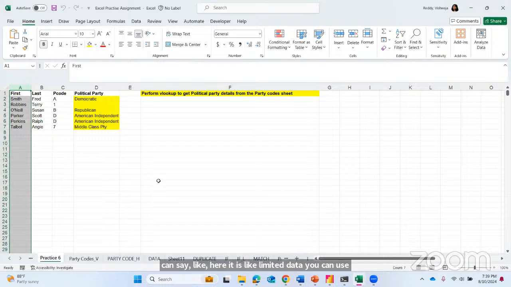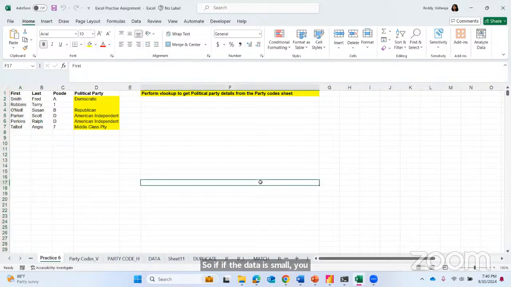So if the data is small, you can directly manipulate it and do all the work in Excel itself. If you have a large amount of data, only then do you go to SQL and Python. If you are a pro in Excel, then Excel is a good, easy tool.